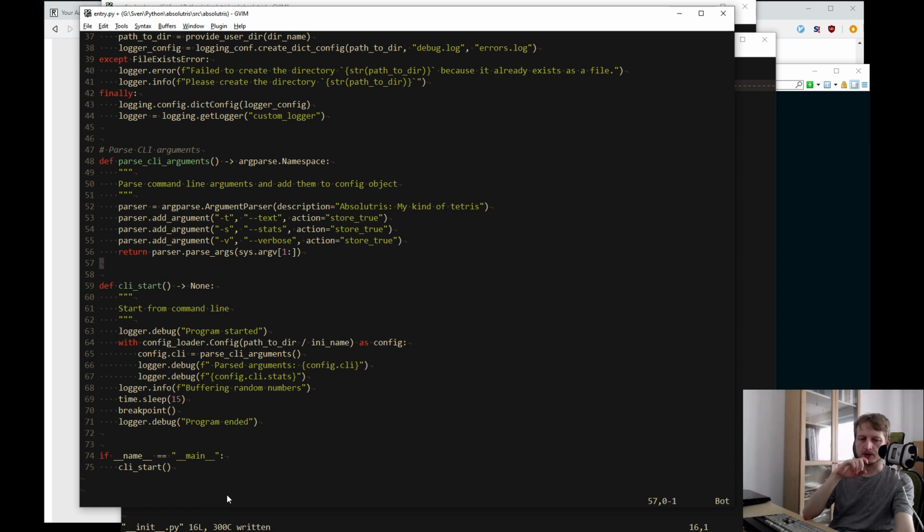Maybe I should have a command line parameter, something like run, or game, because I want this to be basically a command line utility. Like in the end, I want these command line parameters to be somehow set up.